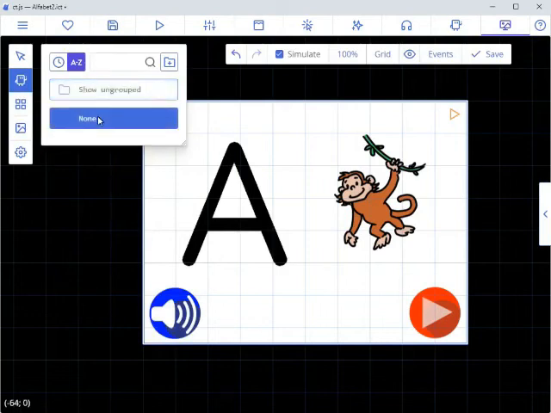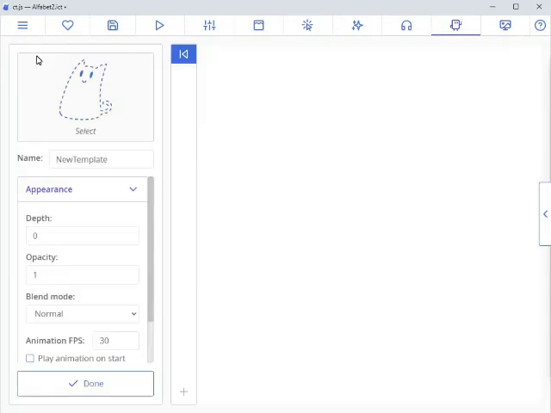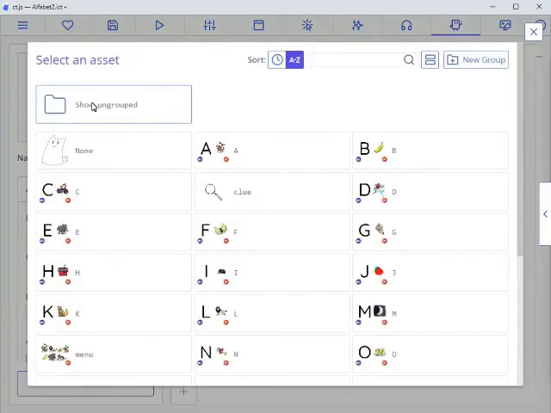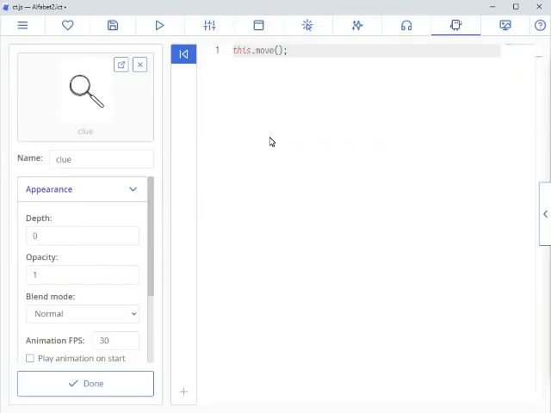Before we can do that, we need to have a template to create a copy from. So we go to the Template tab and create a new template. All we have to do is click on the area marked as Select. We can now choose an image from the texture area, and we could be done with that for now. Looking at the code area, we can see that there is a line of code already filled in. We will not need this line, so we will remove it.